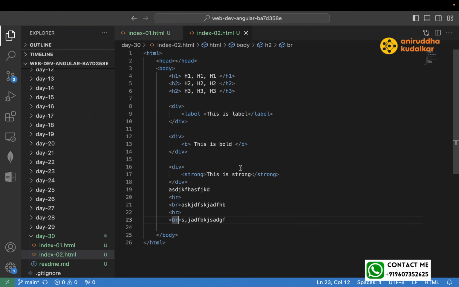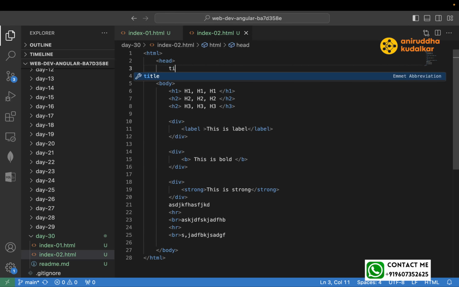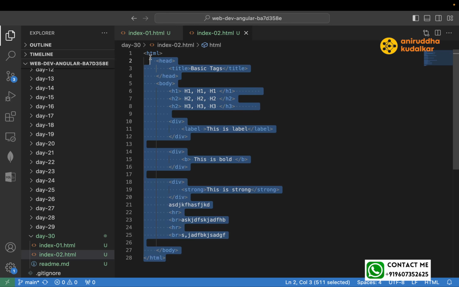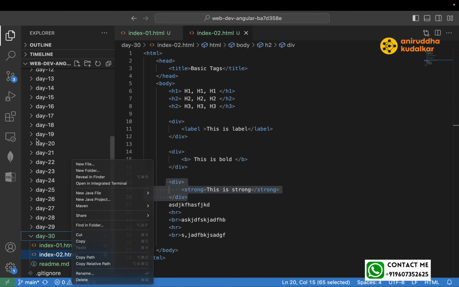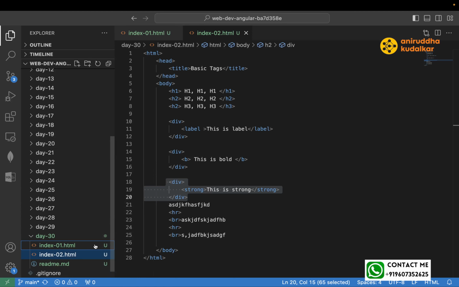So, in the head you have the title. Along with the title, a few more things are there. We'll see that. What things are there? Basic tags. So these tags are just read-only tags. They don't do anything specifically on the page. Once they are created, they are created. They cannot be changed. But there are a few more tags which give you